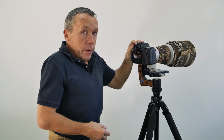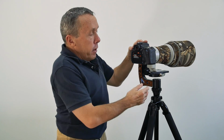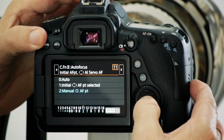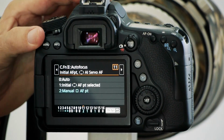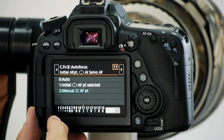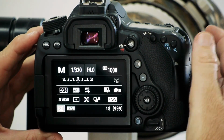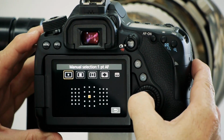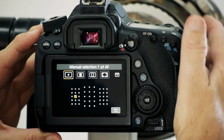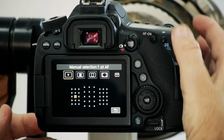To set up the 45 point autofocus so that we have control over which single point focus starts with, we go back to our autofocus menu, custom function 2, and we go to option number 11, and you'll see the description that I've chosen there is number 2, and it says manual AF point. If you select that option, what it really means is that whichever point or position you leave your camera in once you've been shooting with a single point is exactly where the focusing will begin once you're in the multiple